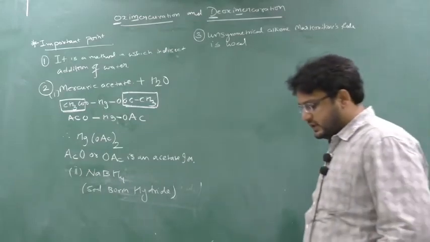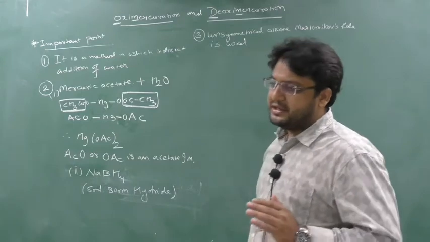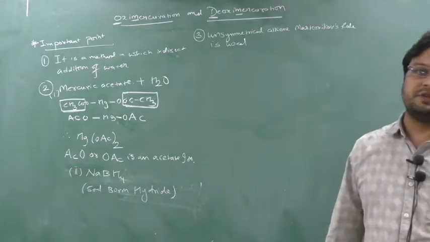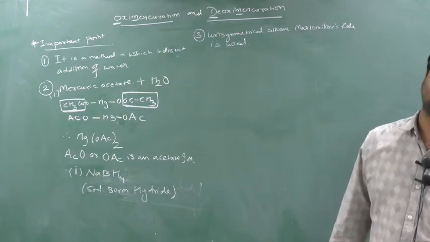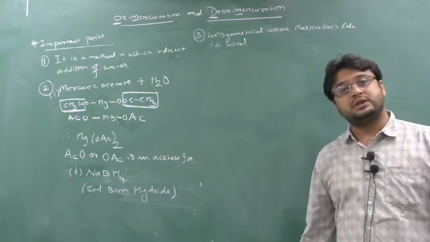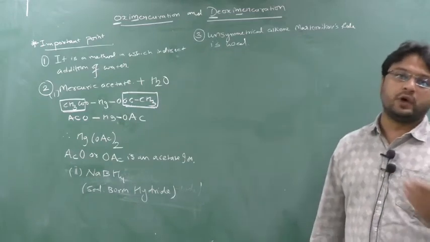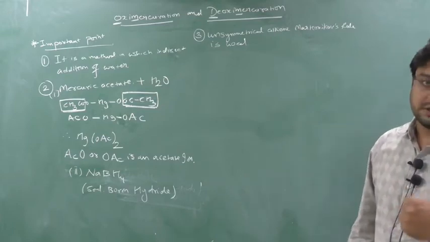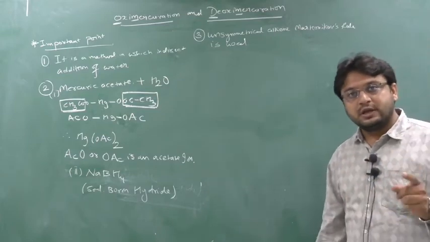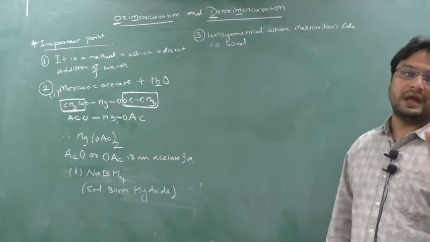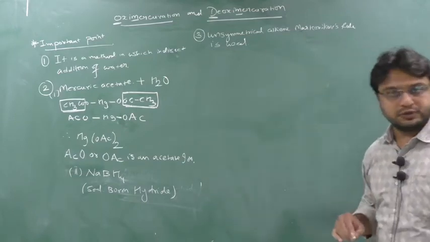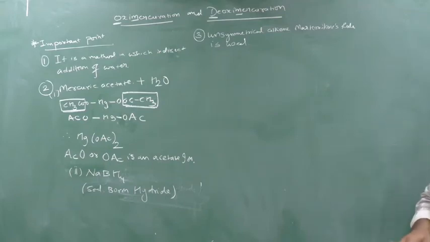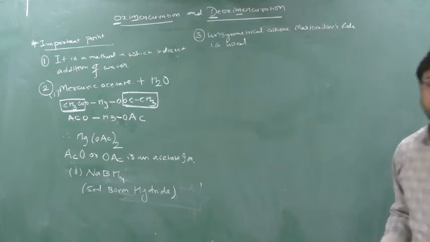Last class we saw that first we studied acid catalyzation. In acid catalyzation we were using Markovnikov's rule. Then we came to hydroboration. In hydroboration we were using the anti-Markovnikov rule. Now OM-DM, that is oxymercuration and demercuration. So here, for the addition of H and OH, we are using Markovnikov's rule. When the reaction takes place, you automatically understand that yes, Markovnikov's rule has been used here.